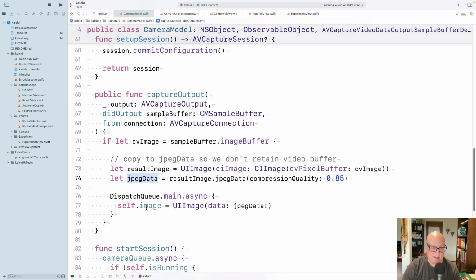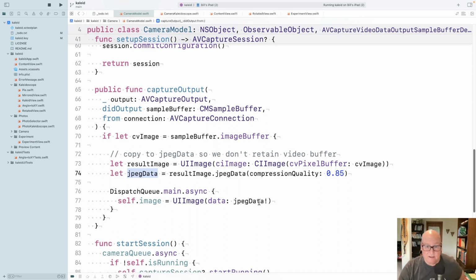And then back in the main queue, we say, okay, now update the image. You have to do these UI updates in the main queue. So that's why we're doing that there. And we give it the JPEG data. Now, this painful conversion is actually,